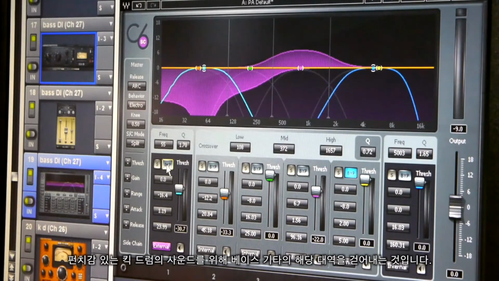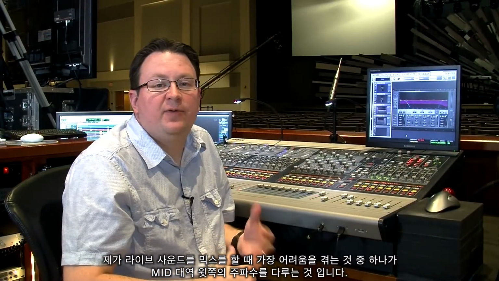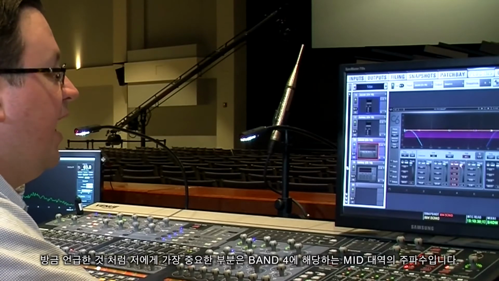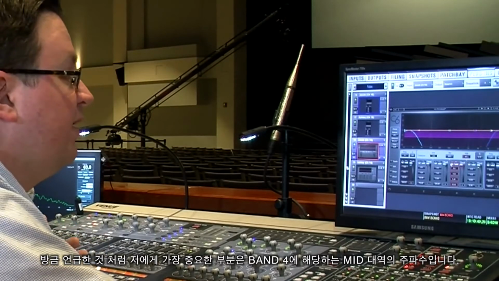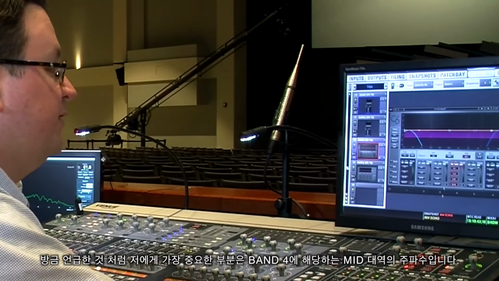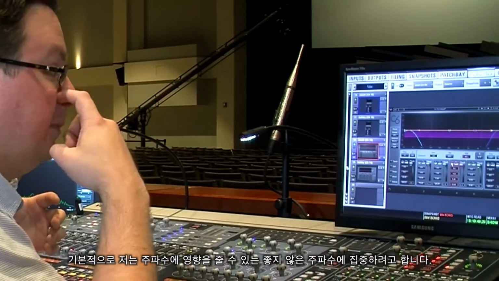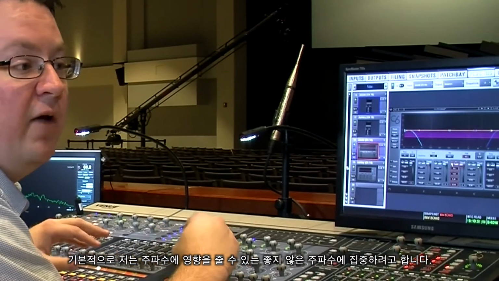One of the most challenging areas for me in mixing live sound is in managing the upper mid-range of the frequency spectrum. This is a critical area of the frequency spectrum because our ears are really sensitive in this area, especially as we start turning volume up. The first thing I like to do is to get all my bands sorted out, and the one that is most important to me, as I mentioned, is this upper mid frequency, which is band 4. And basically, what I like to do is I want to focus that in on what I consider to be